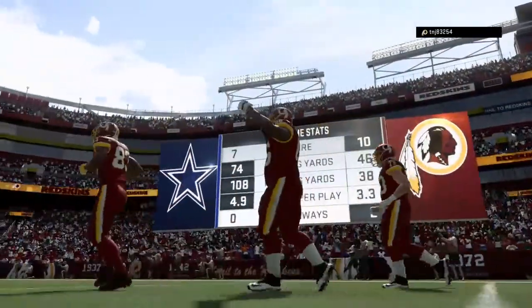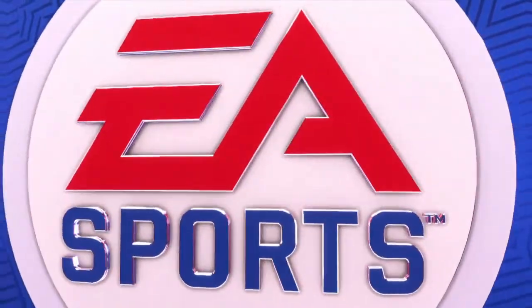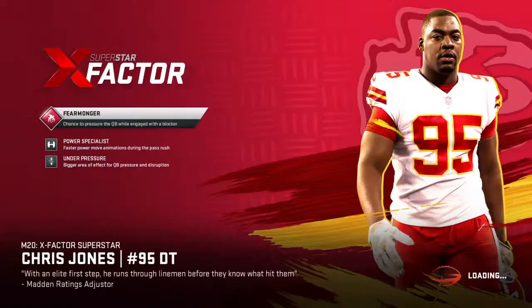So for Washington, it's a win here in their home opener as they move to 2-0. And they'll get to stay home again next week. Meanwhile, for the Cowboys, they'll drop to 0-2. And they'll get a chance to redeem themselves